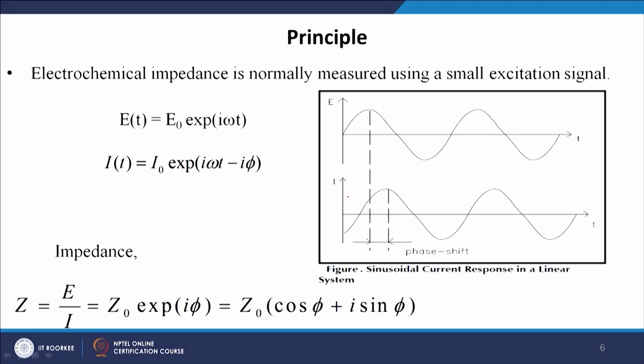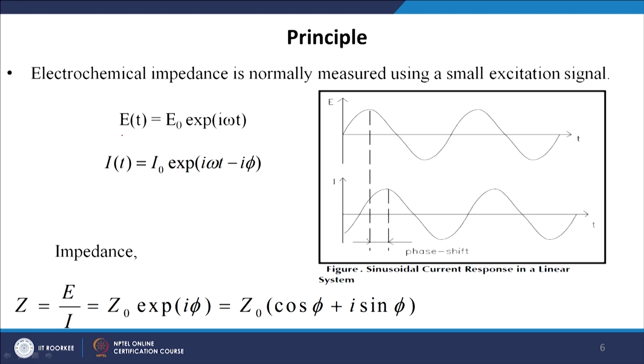Now, there is another important thing here. Nowadays we can do impedance spectroscopy in the absence of light or also in the presence of light. Even in the presence of light, we can modulate the intensity of the light, which is intensity modulated impedance spectroscopy.